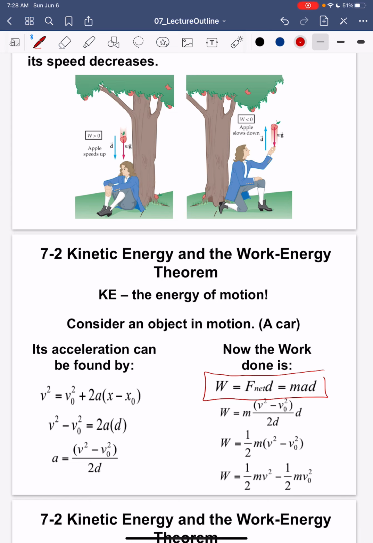From kinematics, we have this equation: v squared equals v initial squared plus 2a times delta x. Delta x is my d. Then I will derive an expression for a, put it in this one, and finally I will find that the work done equals 1/2 mv squared minus 1/2 mv0 squared,